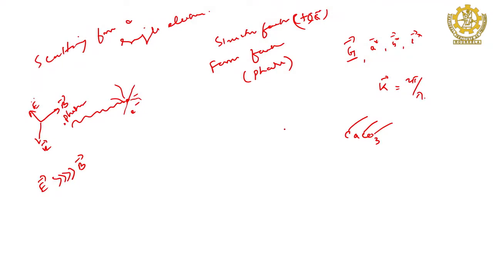If the electron is oscillating, what does that mean? Simple harmonic motion. Suppose this is the electron and it starts oscillating. What do you mean by oscillating? Decreasing, increasing, right. So, accelerated, decelerated all the time. Once there is oscillation, there must be acceleration and deceleration, and because of that, if it is acceleration, it absorbs energy; if it is deceleration, it radiates energy. So, that radiating energy is coming out as the scattered radiations.